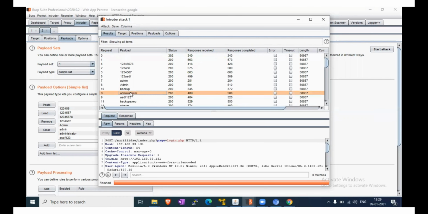At the same time, for the invalid credential, the response received time is 489 and the response complete is 500.